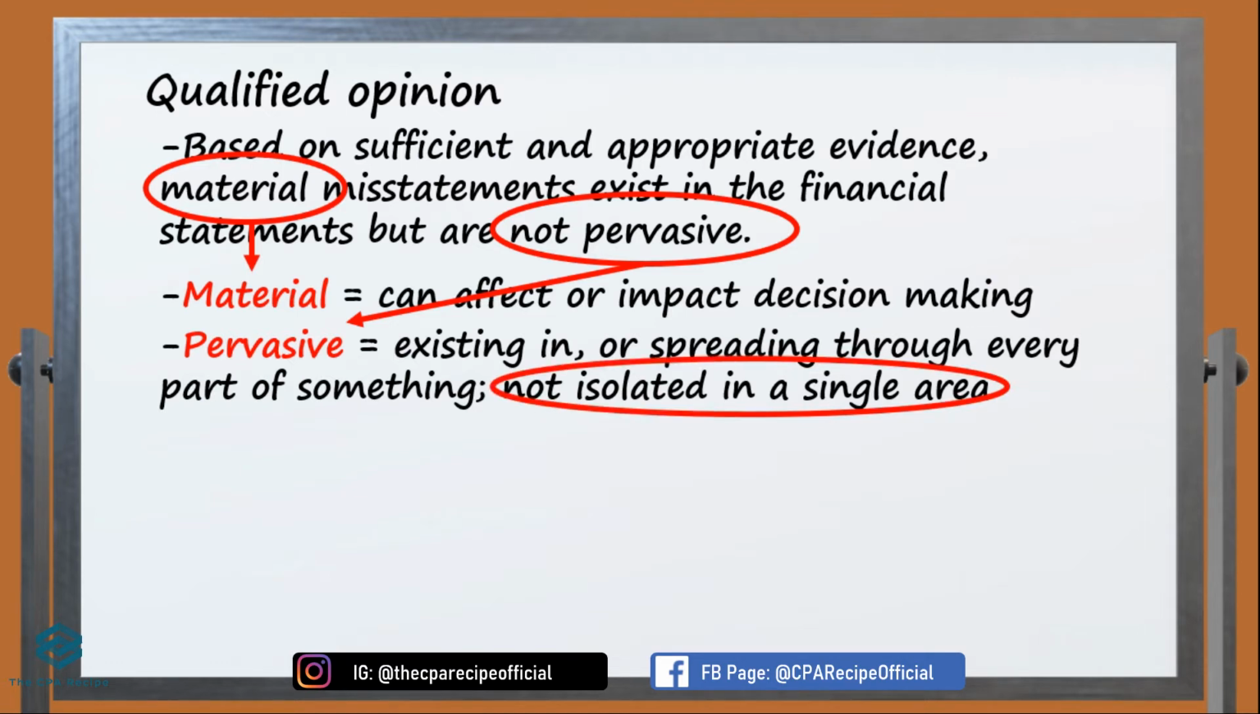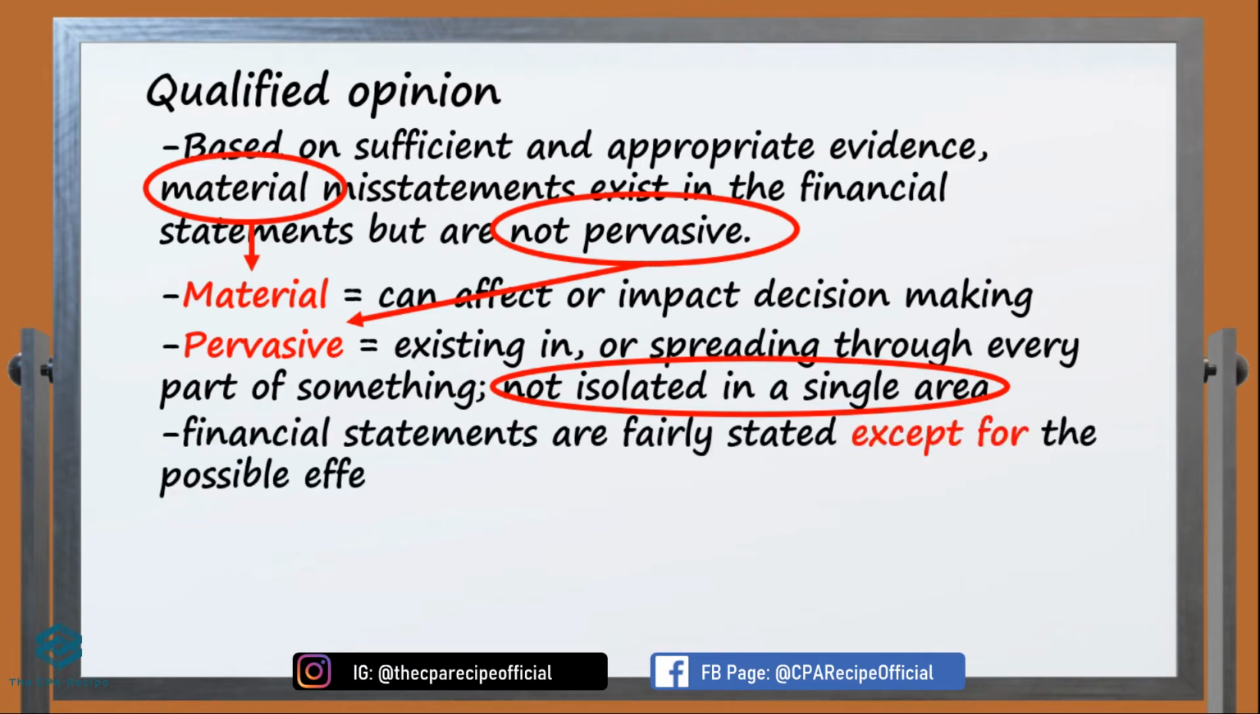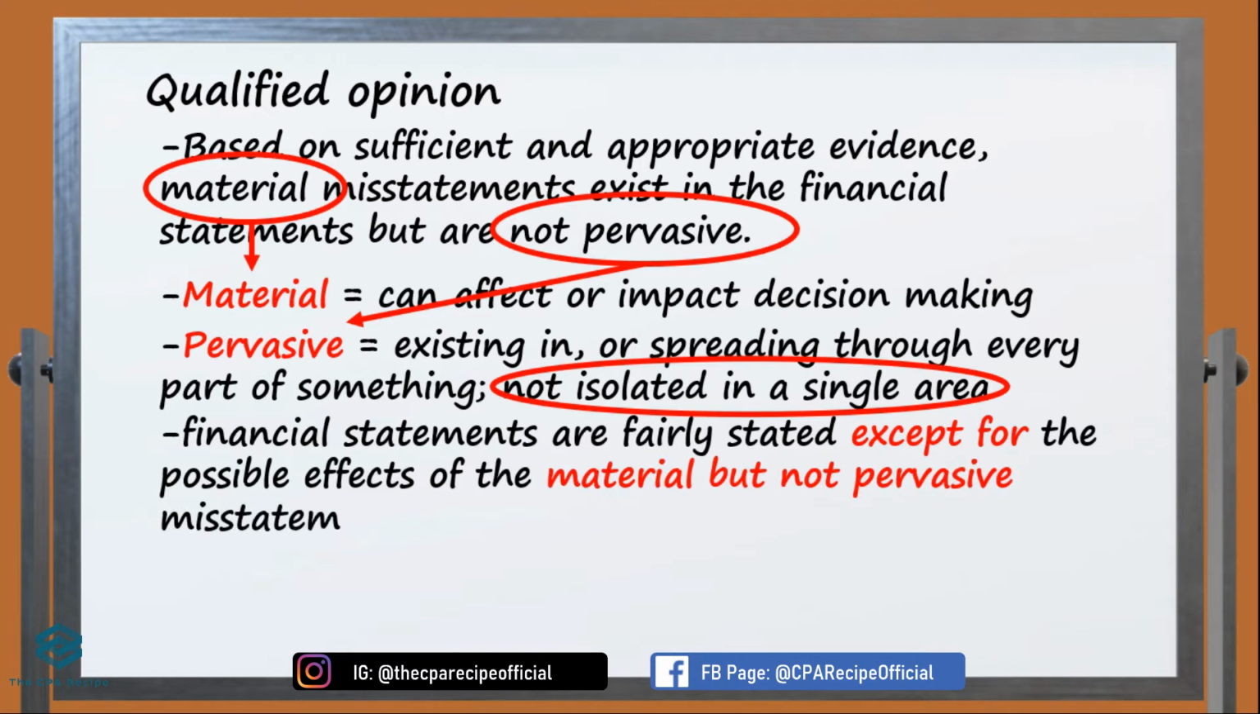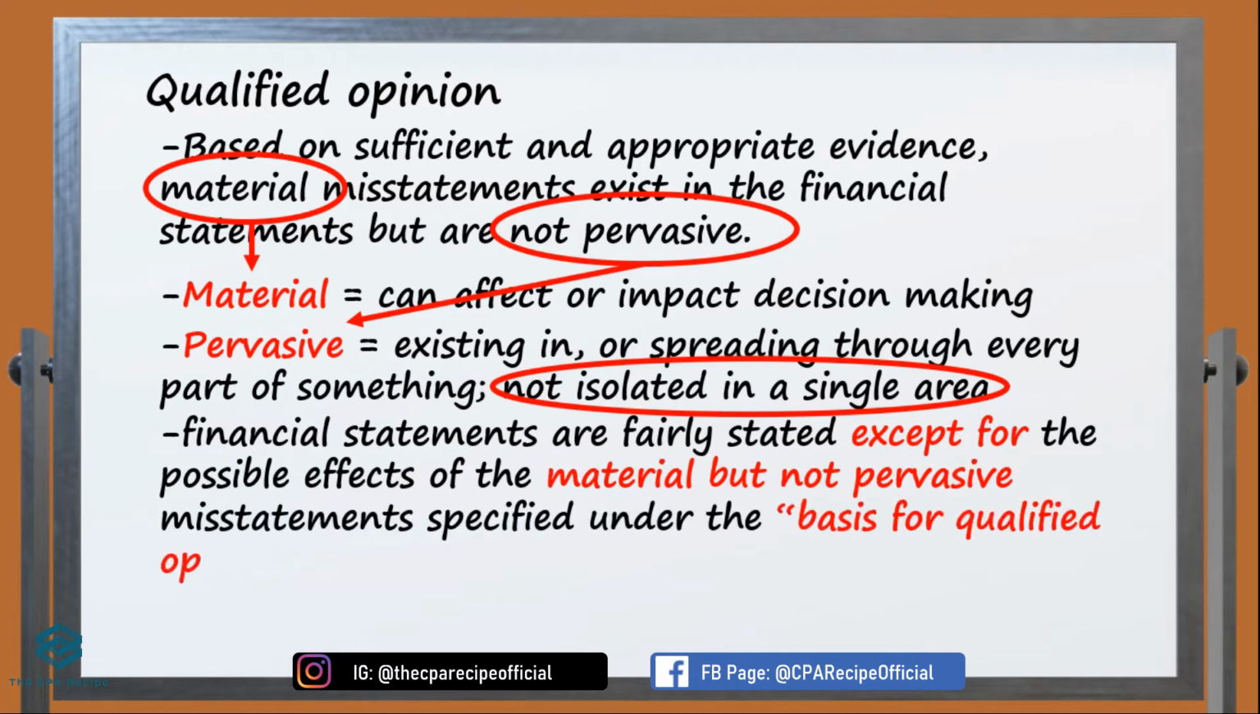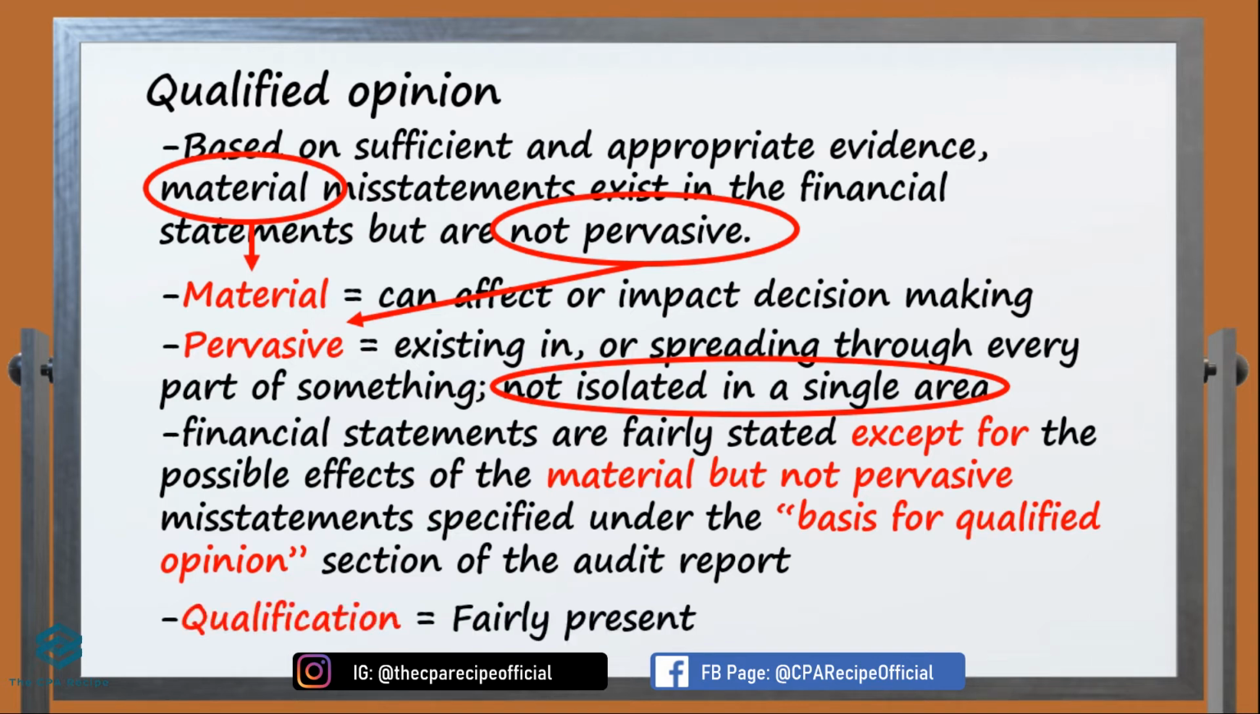So kapag nag-issue ng report si auditor, ang sasabihin niya ay fairly presented naman ang financial statements except for the possible effects of the material but not pervasive misstatements na ilalagay niya sa basis for qualified opinion section ng audit report. Ibig sabihin, sa madaling salita, kapag nag-issue ng qualified opinion ang auditor, all areas of the financial statements except